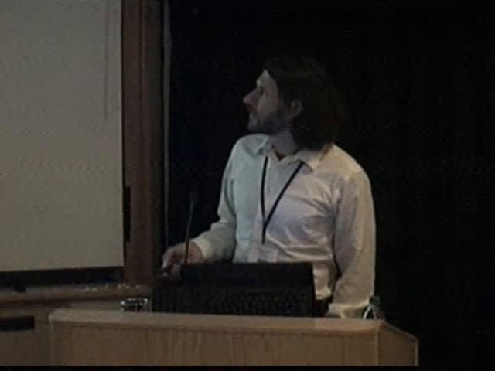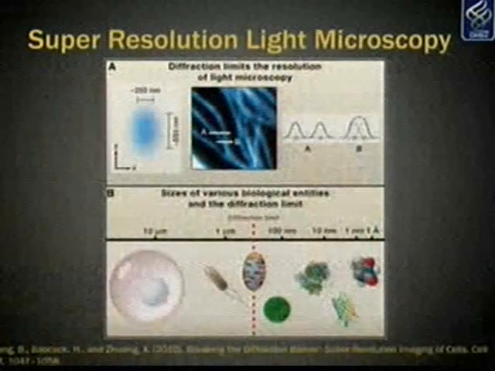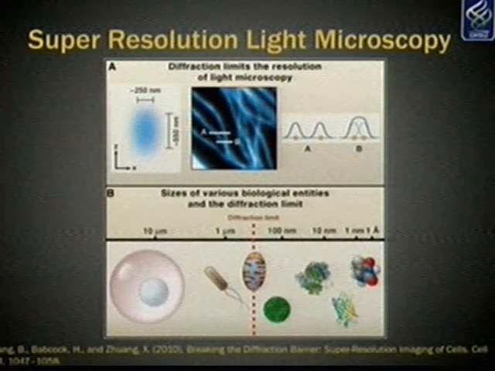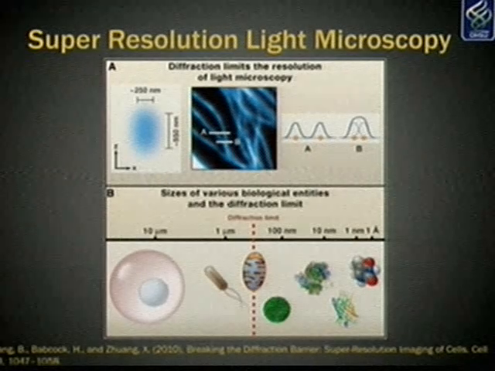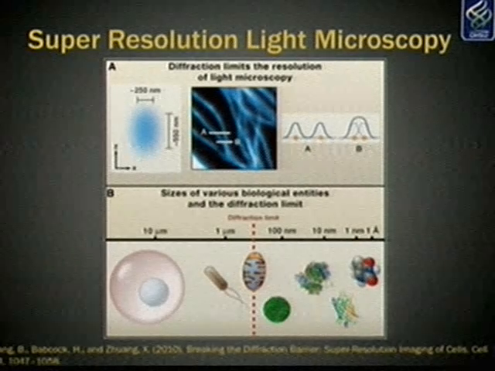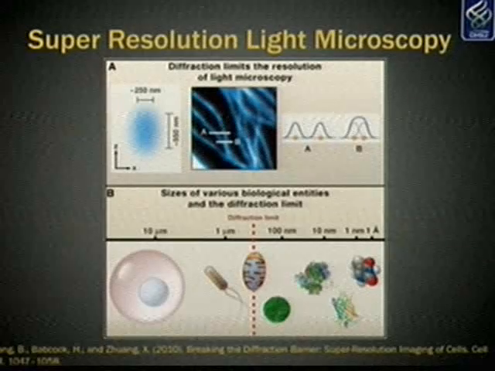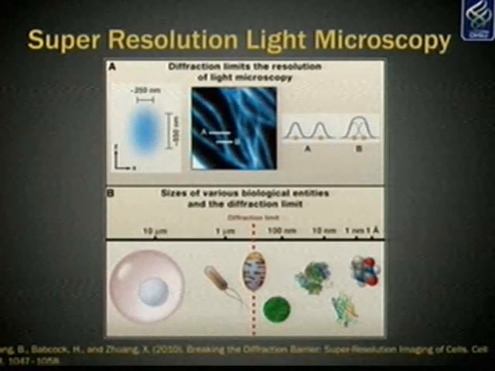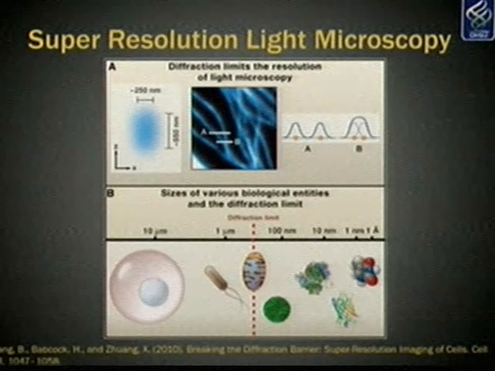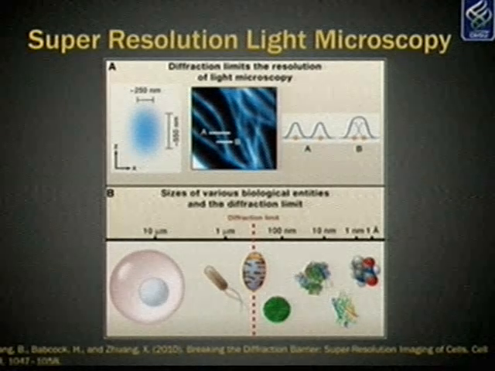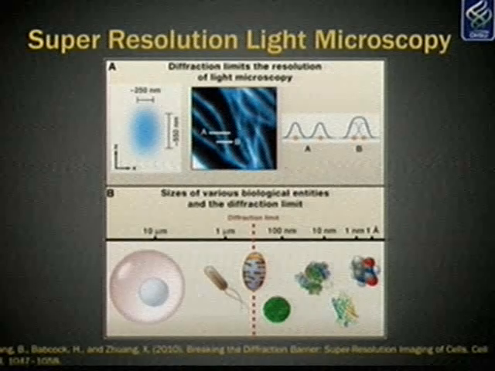All right, but the resolution of light is not that great, right? That's why we're doing electron microscopy in the first place. But maybe we can find a way to go past that wavelength of light and actually use light to identify individual molecules. So that's the super resolution light microscopy. And the technique that's been used here by Shaolin Nan in Joe's group, who's heading this, is called PALM,